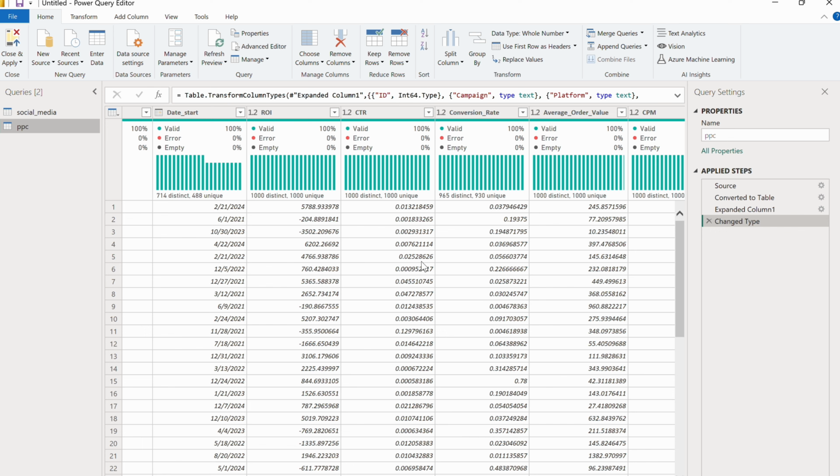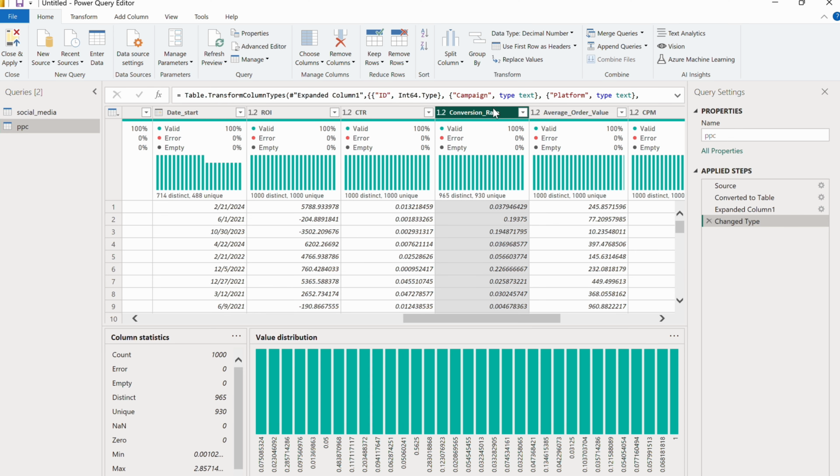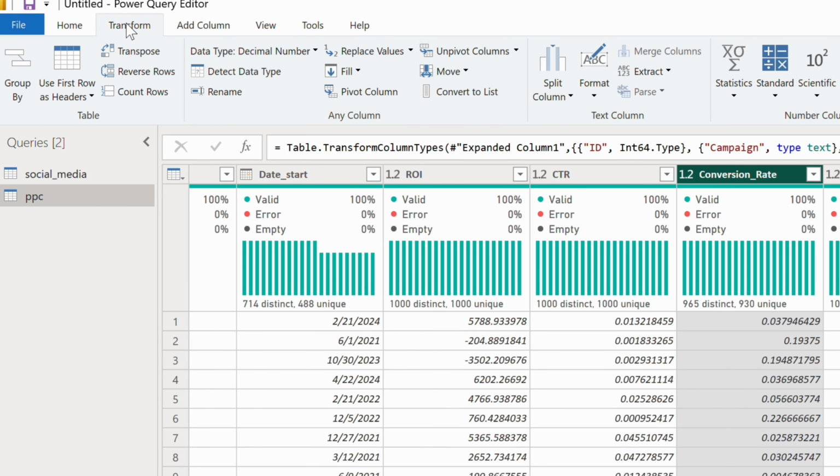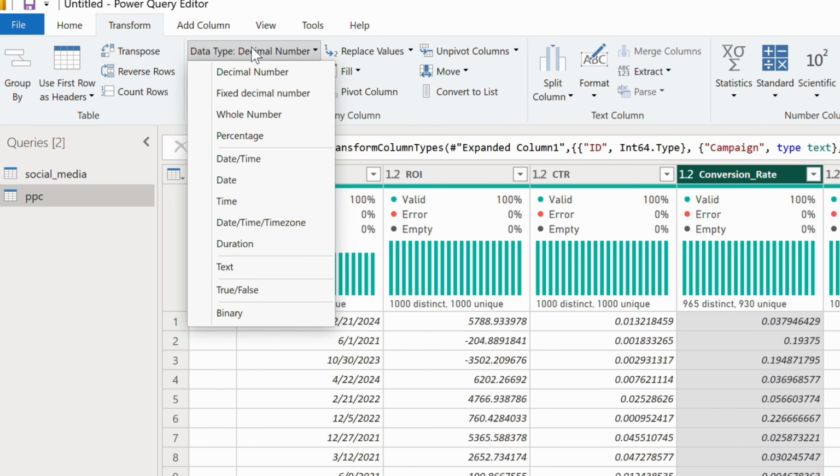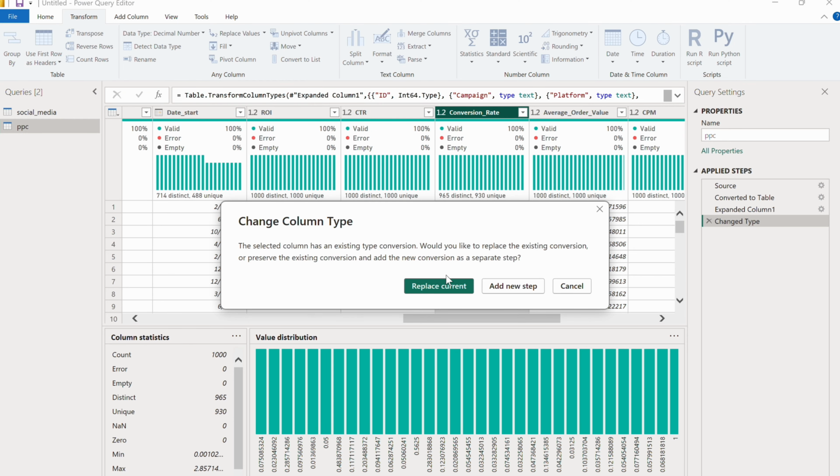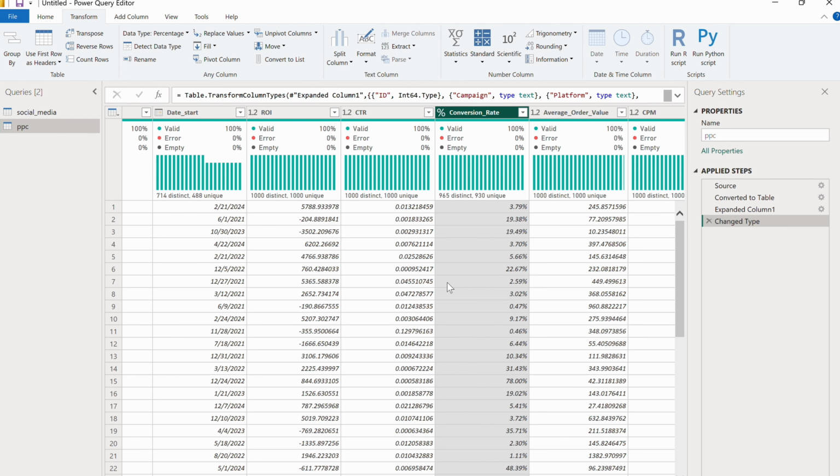a few tweaks anyway. First things first, I'm not happy with how the conversion rate is displayed. I would find it more intuitive as percentages rather than fractions. There's an option in the Transform tab that lets me do the swap. Much better. I also want to segment my marketing campaigns by that conversion rate so I can analyze each segment